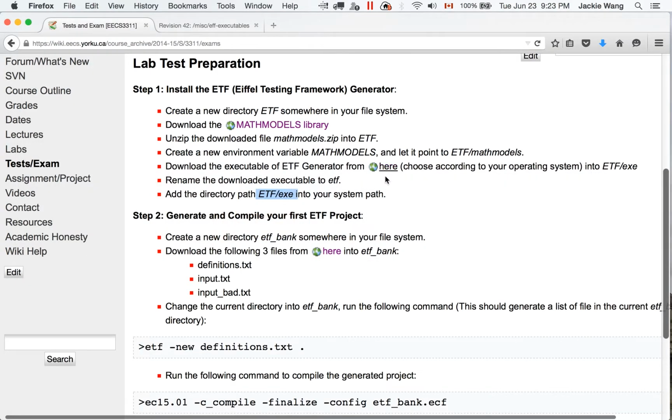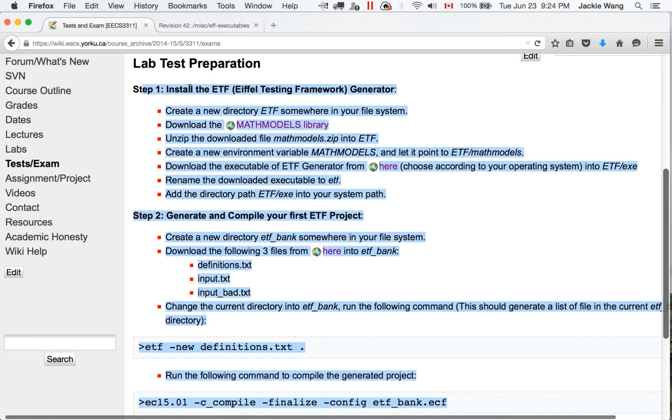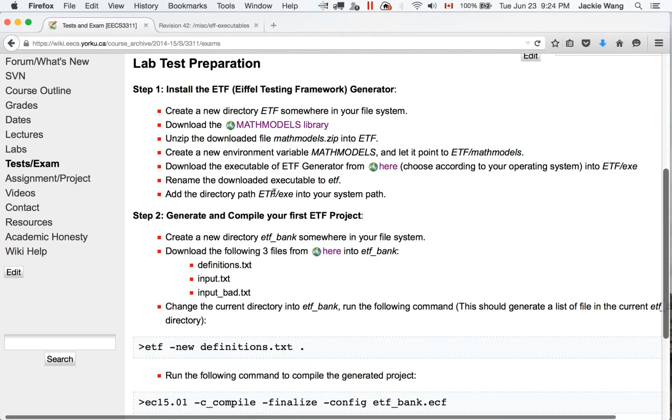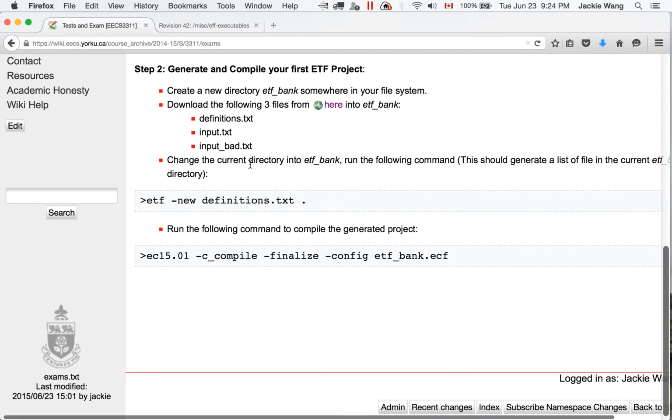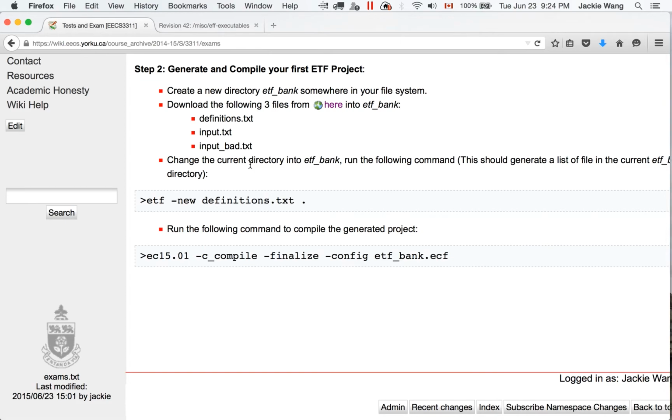Okay, so now we are done with step one. Now it's easy because ETF is now in your system path, so you can just run the command ETF to start generating your projects. And your projects should be compilable because you also downloaded and set up your math models. Okay, you downloaded math models and also created a new environment variable, called math models, to properly point to it. Okay, now step two, we're going to generate and compile your first ETF projects,